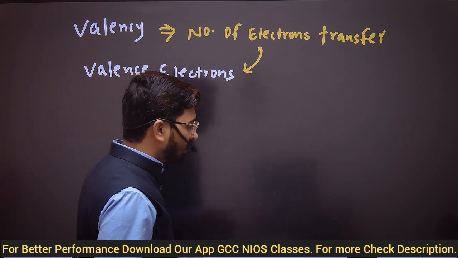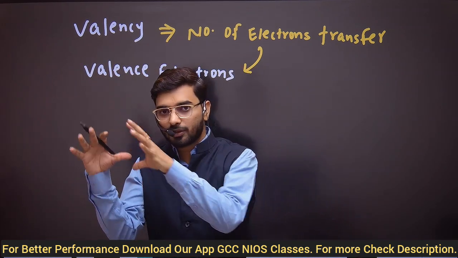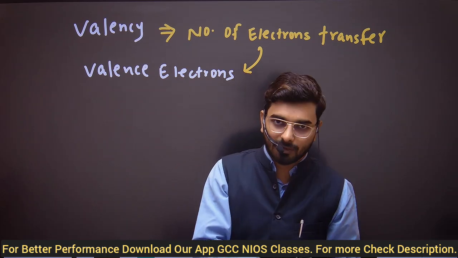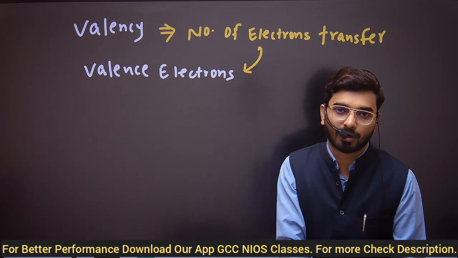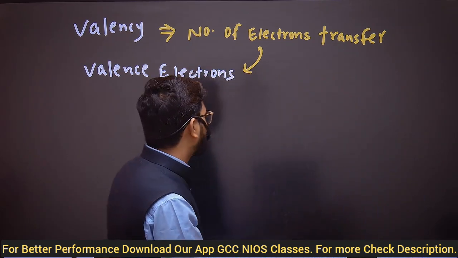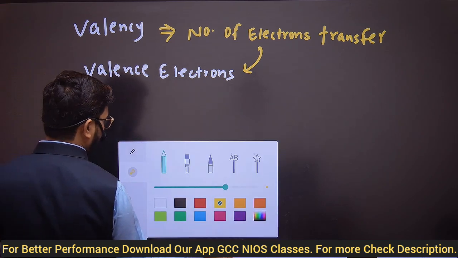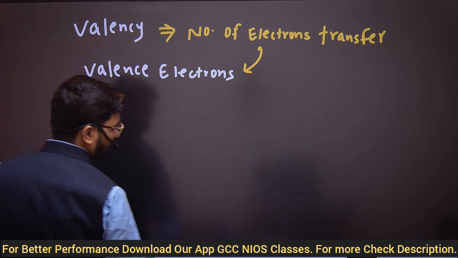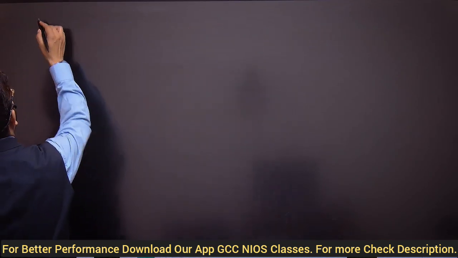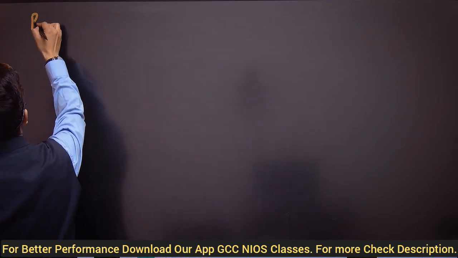So first of all, we will have to learn the valency of positive ions and the valency of negative ions. That will help you to make the molecular formula, right? So first of all, let's see the positive ions and their valency. On the next page, that will be good for you. Here the positive ions are written.